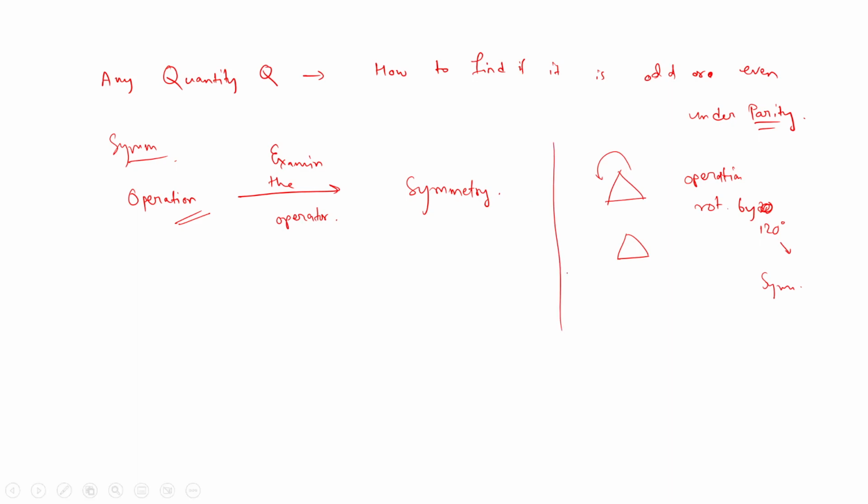Similarly, to check the parity, the relevant operation is that you take the coordinates to the negative of the coordinates, and you see if the relevant physical quantities are changing or not. Here, instead of a triangle, we are actually looking at the electric and magnetic fields. So under this transformation,